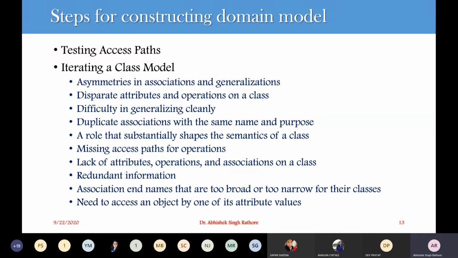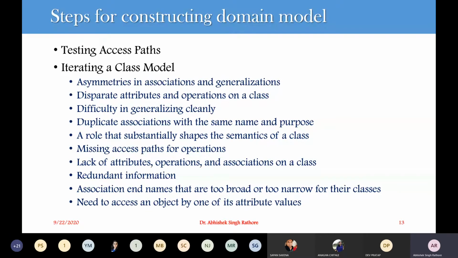The staff of this university are the employees of this university. We have different types and levels of staff available. Some work in the examination section, some in the student section, some in the account section, and some for teaching, where you have professor, associate professor, and assistant professor. So we have different conditions of employment for each particular staff member. We have different roles that shape the semantics of classes.